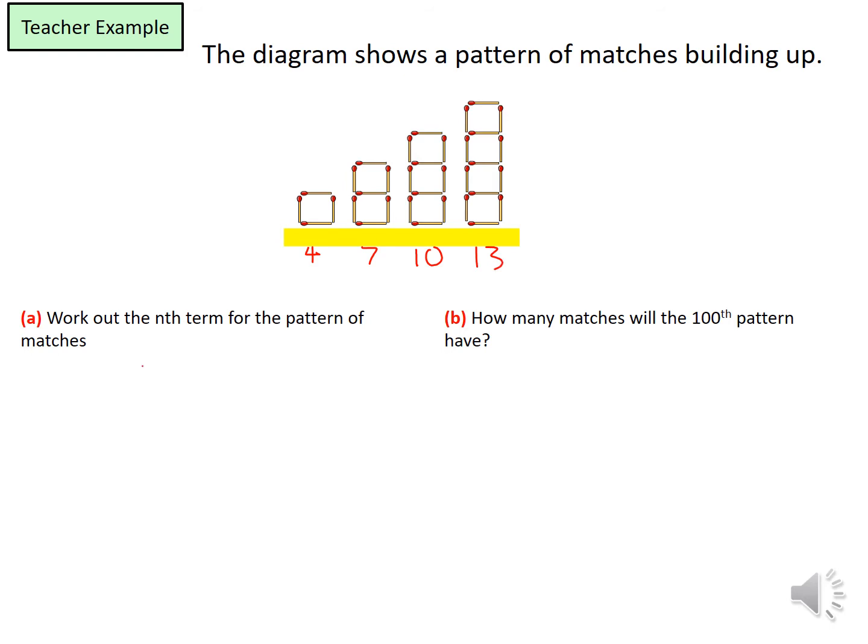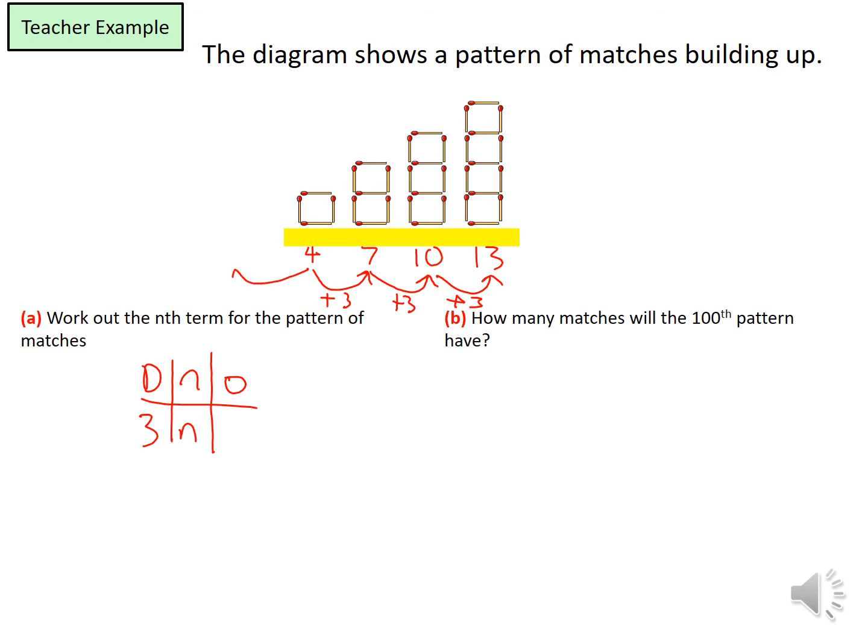So we need to construct the DNO table. The difference between each of my terms is plus 3, and plus 3. So my difference is 3. My n is the same, keep it n. My 0th term